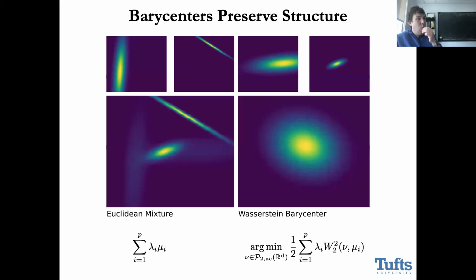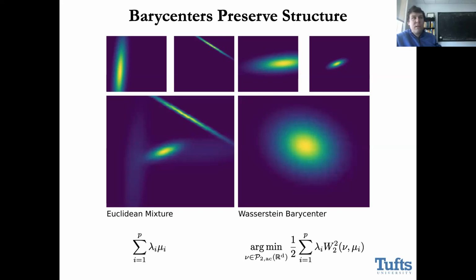couple of obvious properties. One is that its support is equal to the union of the supports of the combined measures. Two, and for that reason, it does not preserve any of the structural properties of the underlying atoms. The underlying atoms were all Gaussian, their Euclidean mixture is a Gaussian mixture, which is not Gaussian. But the point I want to emphasize is that there is no capacity for new sample generation from the Euclidean mixture. I can't do any kind of generative modeling with this, in the sense that any sample from the Euclidean mixture could have been got just by sampling from one of the atoms. There's no novelty coming out of this construction.